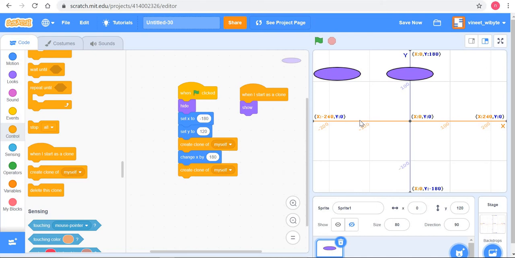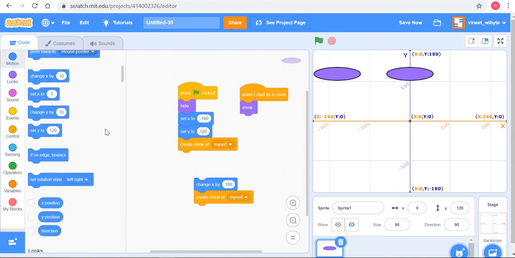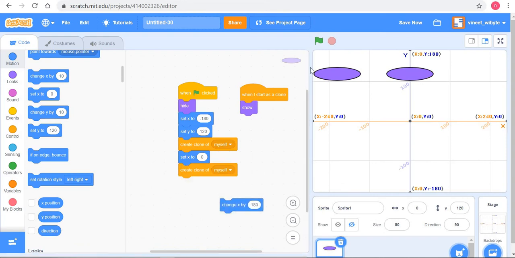Now, some of you might be wondering, why did I use change x by 180? Why did I not do set x to 0? In fact, if you are thinking to do this, this is also correct. It will have the exact same effect.